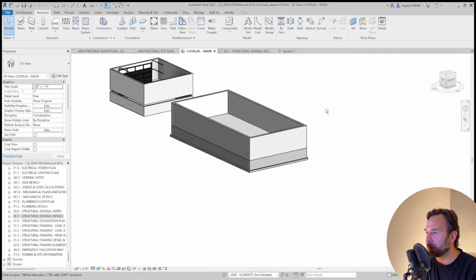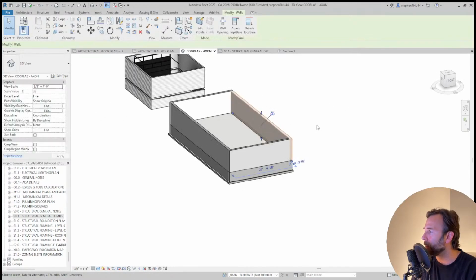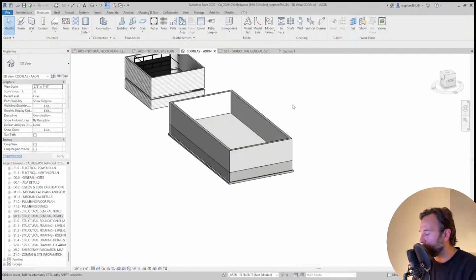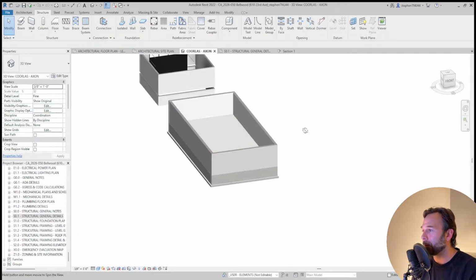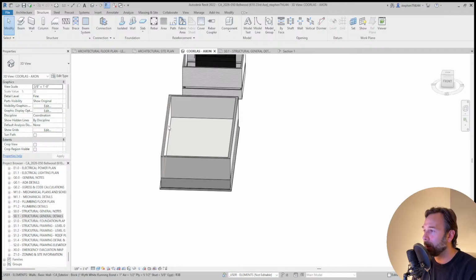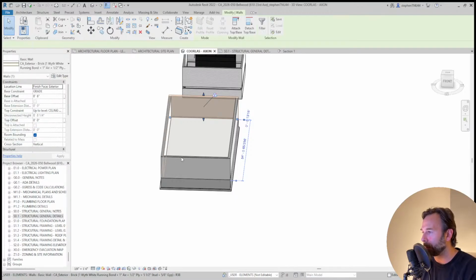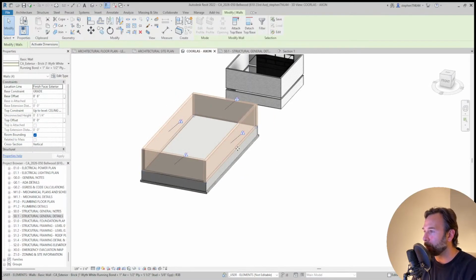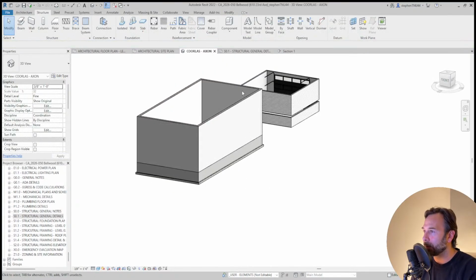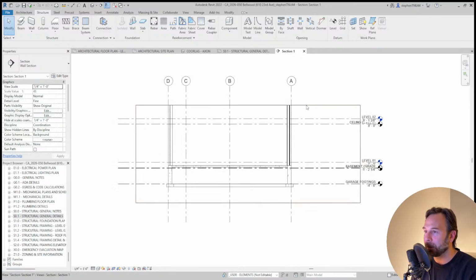So we've got some semblance of a first ground level structure here, and these are going up to the ceiling of level 2. There are some debates about running these walls all the way up in Revit specifically. Some people like to break their walls. If it is going all the way up, I think it's okay to let them run all the way up. It makes for a cleaner model. I know there are a lot of different ways you can break these walls down, but for simplicity, I'll take these up to the ceiling level 2 right now, and I want to start to see what this is looking like in terms of our heights,